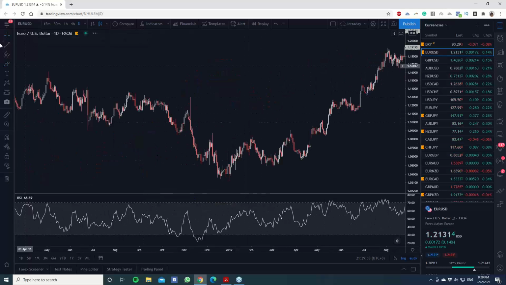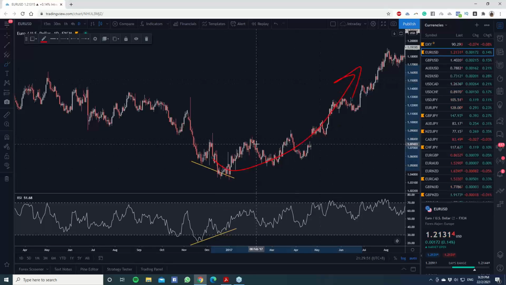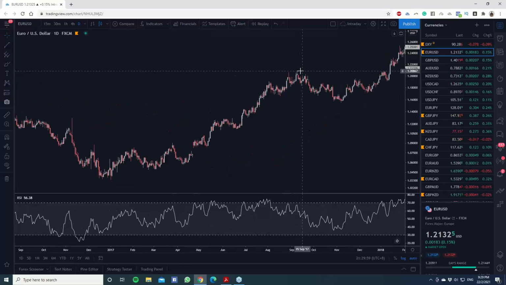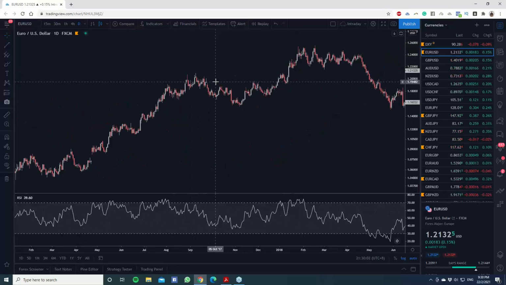Same thing over here. Can you see the divergence? Your price actually went lower, but your RSI actually made a higher low. And same thing after that, this is a total reversal. You can see that, right? Just by scrolling through one chart, you can easily spot that. But let's take a look at if you can spot some